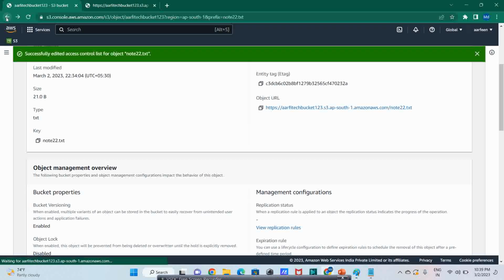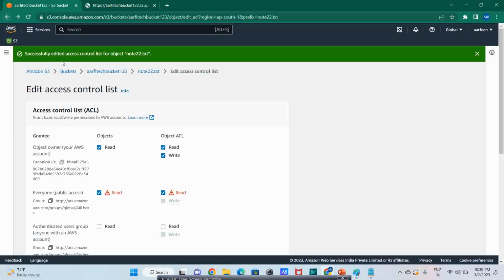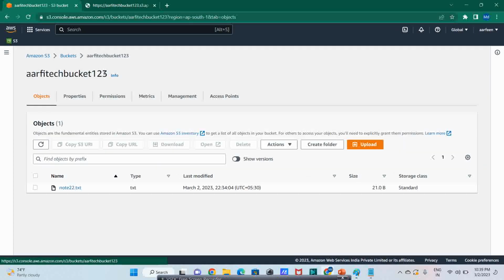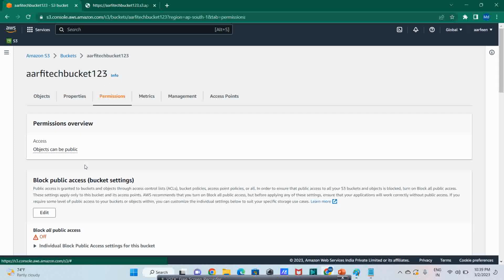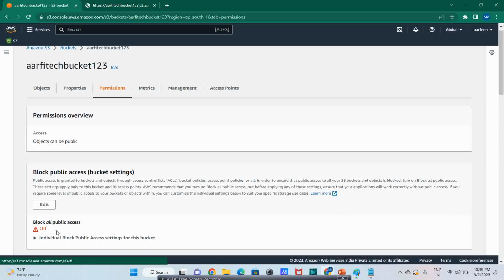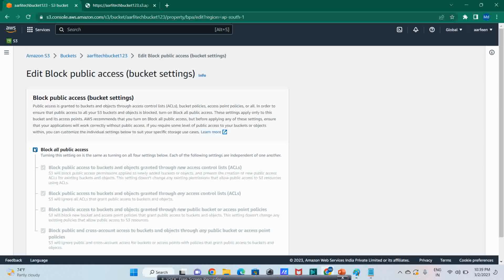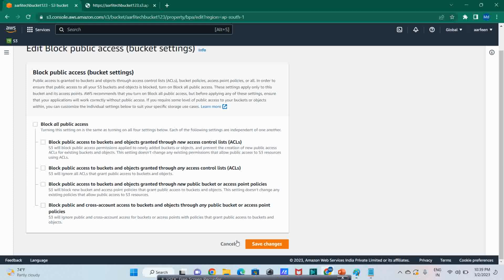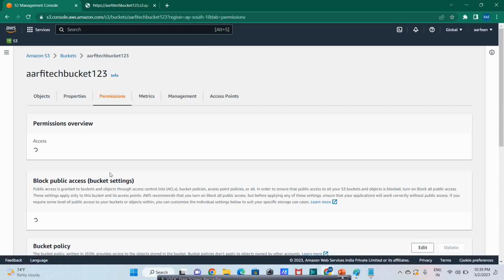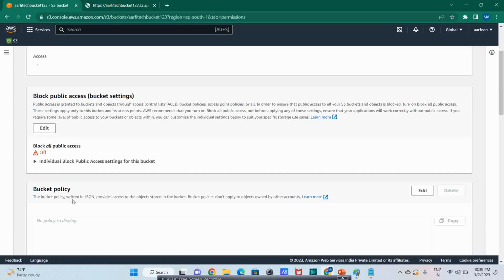So what mistake we were doing, we were giving the permission here. Actually there are two permissions we need to give. First one is at the bucket level. At the bucket level, we need to block all public access, it should be off. Okay, just edit it and uncheck this box. Okay, and do the save changes, and go to this